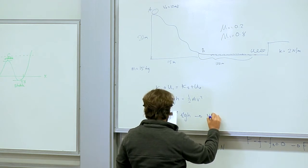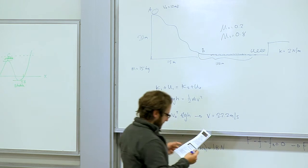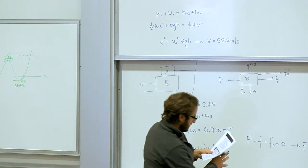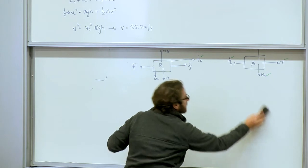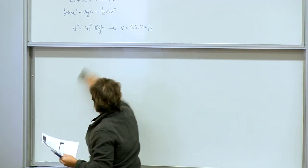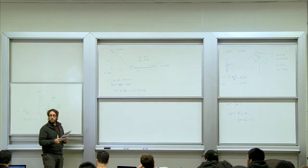So V is 22.2 meters per second. Okay, that part was easy. Next it says, how far will the stone compress the spring? So now we have a stone. The fact that it's come down the hill and whatever happened on the hill is irrelevant now, right? We have a stone moving horizontally across a frictional